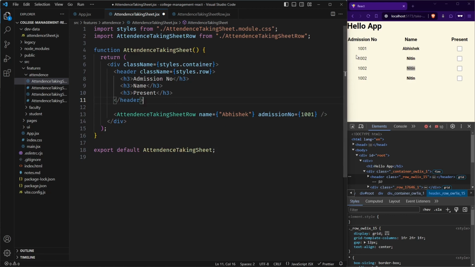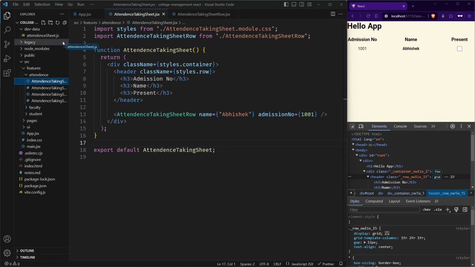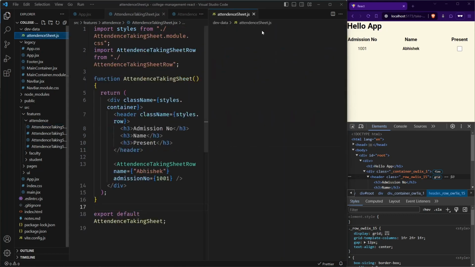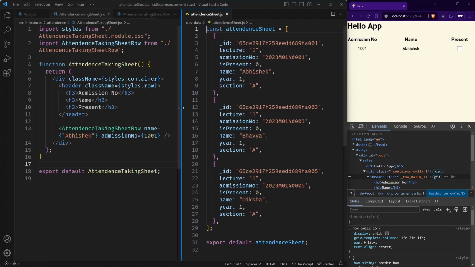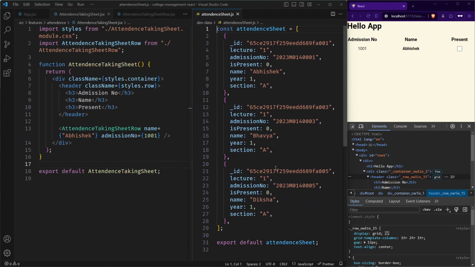Now what I'm going to do is a very important and very crucial thing in React, and that is the beauty of React also. So let me just drag these files here. Great. So this is the sample data. Okay, these are basically 3 students. This is actually an array of 3 objects.